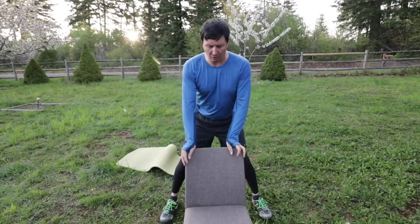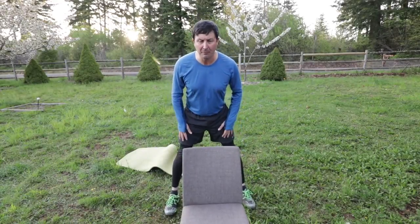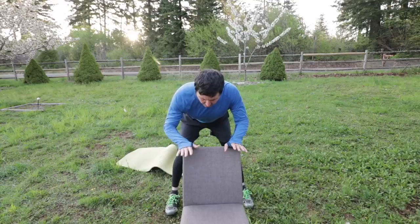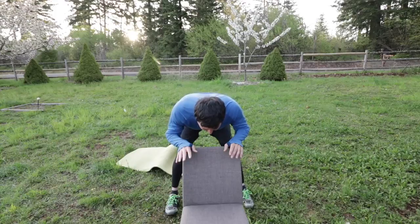All right, now you're going to need a chair, something you can put your hand on, or the edge of your bed. I'm going to go over here to the deck, and we're going to start stretching those hamstrings. With your chair in front of you, you're going to have your feet a little bit wider than shoulder width apart, and you may not be able to bend over very straight, but lock those knees, feet pointed forward, and we're going to bend down and support ourselves with our hands, down until we can feel those hamstrings stretching, until they're tight,